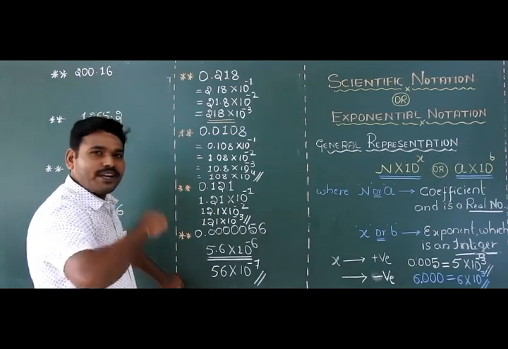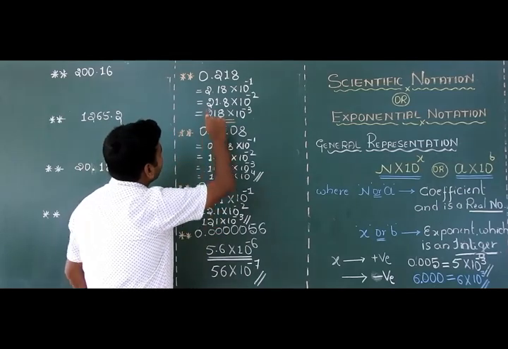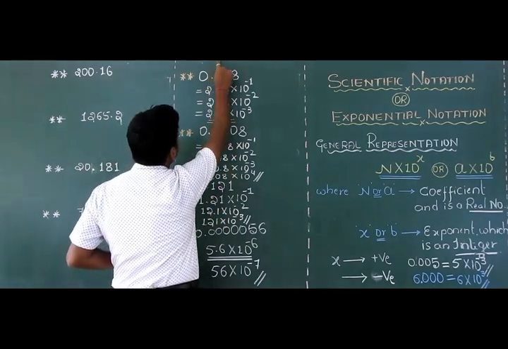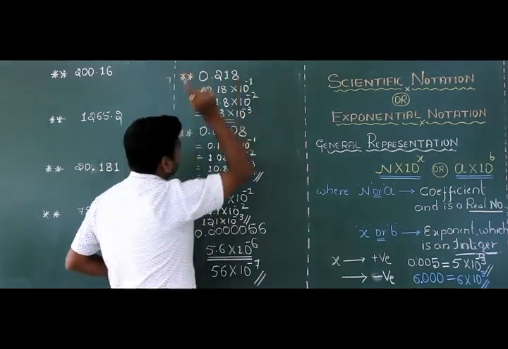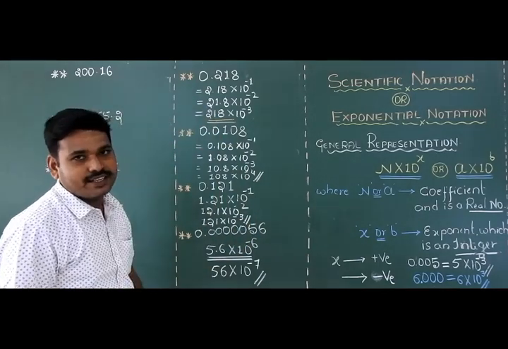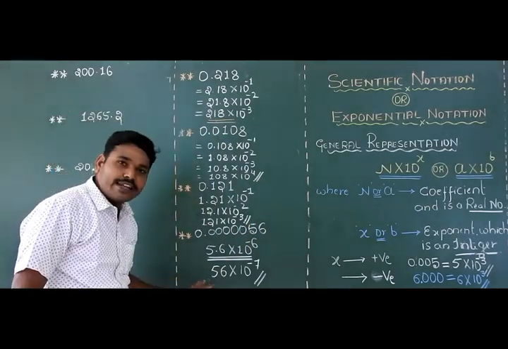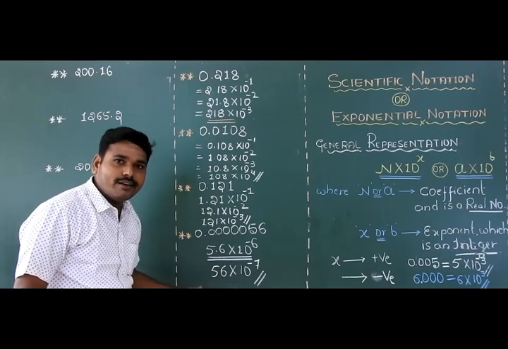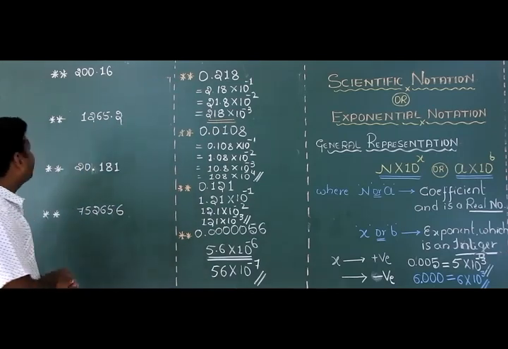Very good. The exponent becomes negative only when we shift the decimal point towards the right-hand side. So then only the exponent becomes negative, students. Is there any doubt in all these four examples? Is it clear? Now let us take a fifth example,